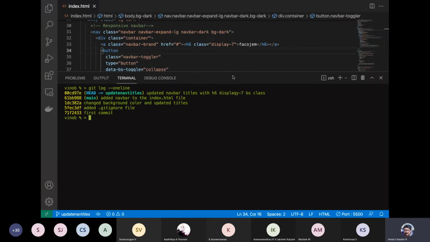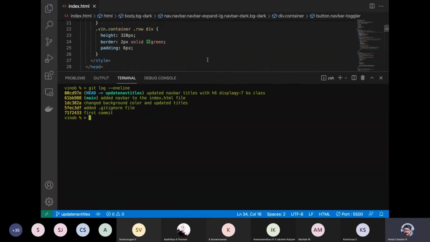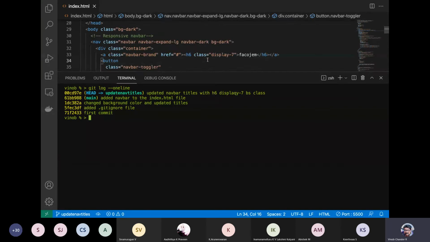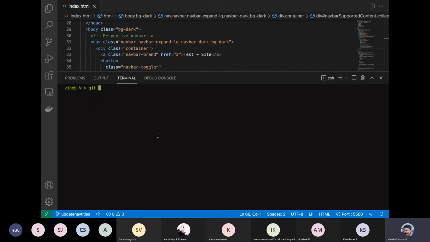So in the branch, we have done these particular changes, right? And then let us change a particular title in the main branch, right? And then try to merge this particular branch with the main branch, to see the conflict and what it says. All right, so let us switch over to the main branch. So how do you switch branch, guys? Git switch main, right? And you see, you are now in main branch, right?